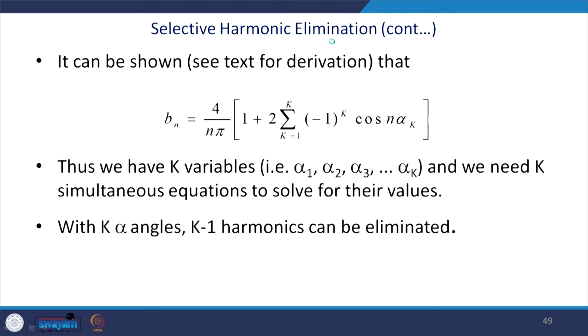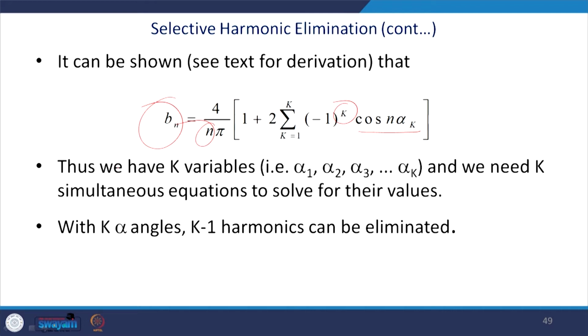So, we can rewrite this equation. It can be shown that B n will be 4 by n pi, where n is the order of the harmonic. If it is n equal to 3, then it will be 3. So, plus sum over k equal to 1 to k of minus 1 to the power k cos n omega t. So, you can see that 5th and 7th will have a minus value here,